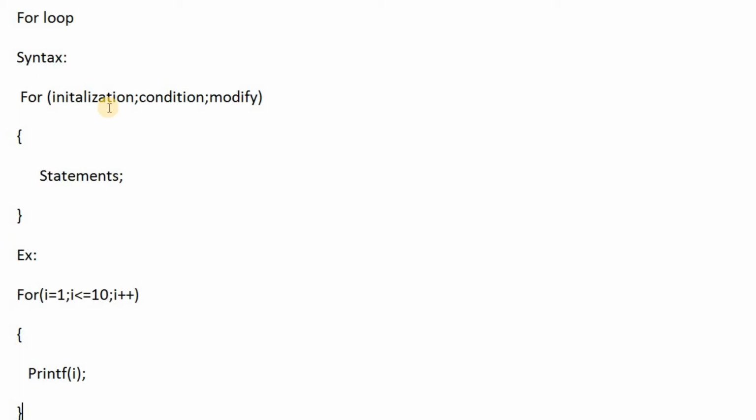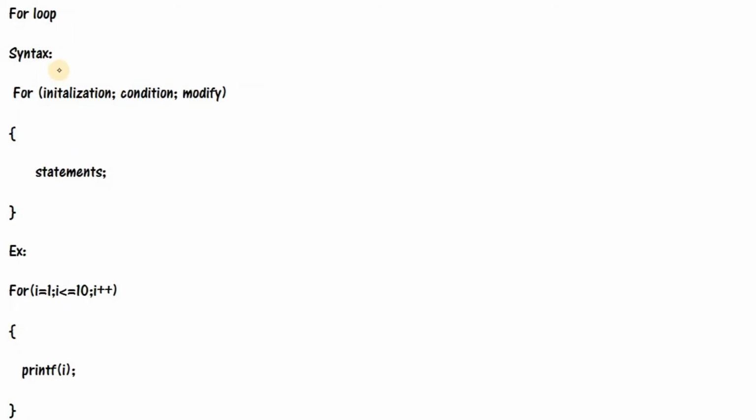But what is the flow? How will it execute? First it will check the initialization. After initialization, it will check the condition.